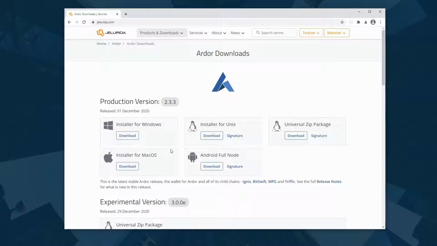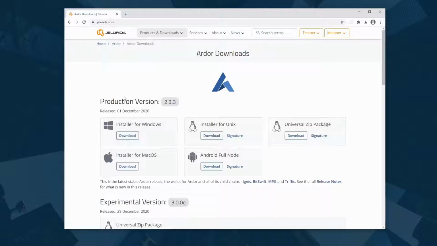So that requires some platform-specific code. But the universal zip package is just the source code compiled in Java, so it doesn't bundle any JDK or JavaFX. So if you just want to do a manual installation, this is the one to go.